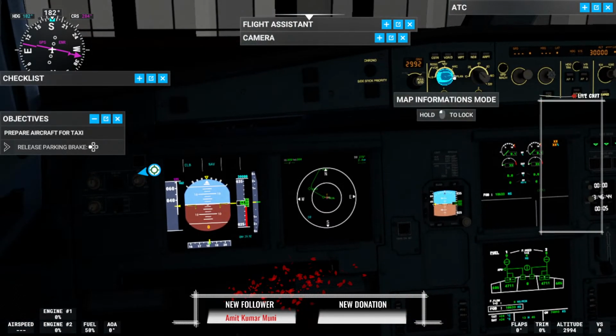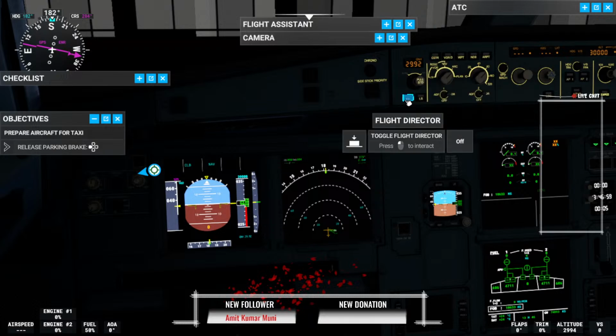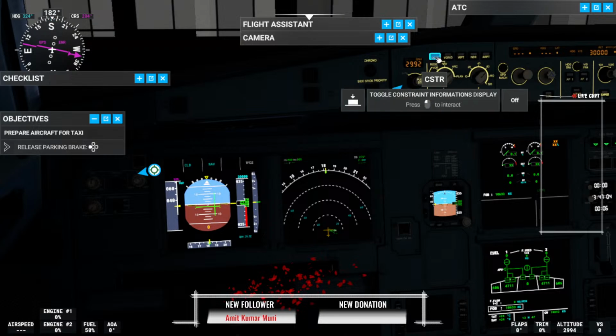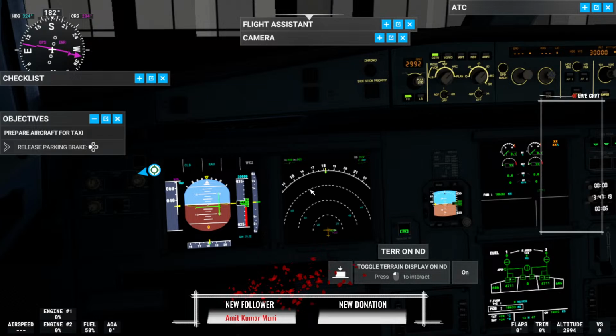During the normal flight it should be in ARC, and I like to keep it in 80 until we reach a specific approach, the distance from Chennai. What we can do is switch on the flight director, which will enable the FD here, and we can switch on the constraints, which is constraint information on each waypoint, which will be showcased on your flight display. I would like to do terrain on this display as well, but it doesn't really work